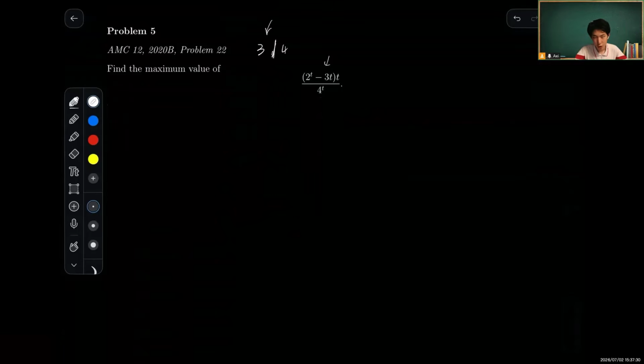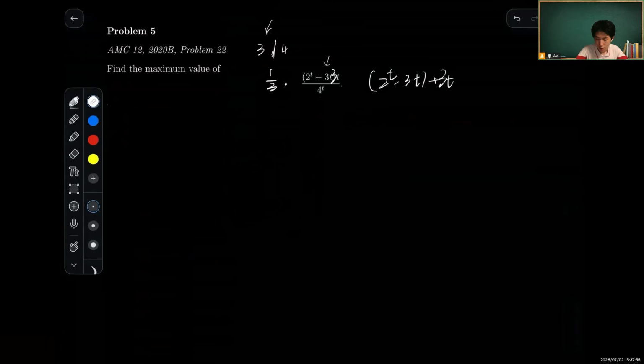Remember last time we constructed a constant sum. Then this time let's try the same thing again. Since this time we can't really add t to form a constant sum, so what do we do? We add 3t. We just multiply a 3 to the entire expression and then multiply it by 1 over 3